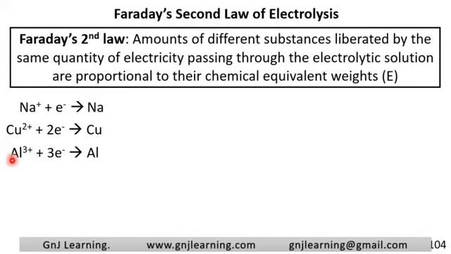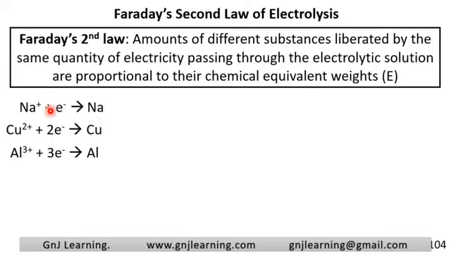And in the third, it is Al3+ accepting 3 electrons and getting deposited as aluminium. The molar mass of sodium is 23 grams. If I want to get 23 grams, how much